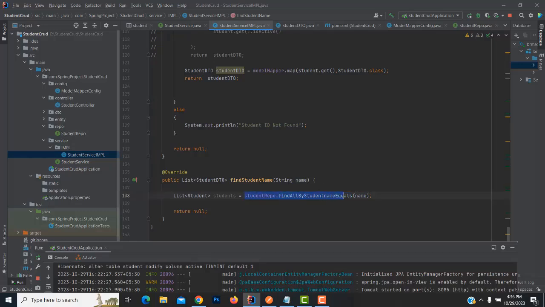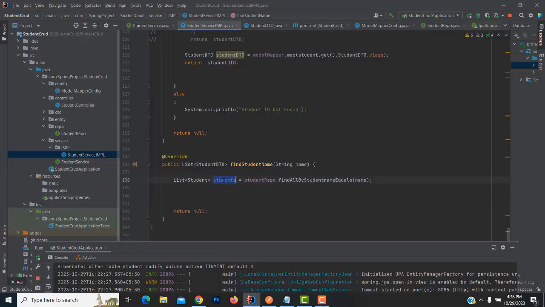Now what I did here is, if you write it here, studentRepo findAllByStudentName, the same thing would be written in Hibernate: select all from student where the student name equals the name you are passing. We get the result in the entity type, and we have to convert it to a DTO type to show the record at the front end, right? You find the record, but the result is coming as an entity type. So you have to convert the entity type to a DTO type. So how to convert? Simply,